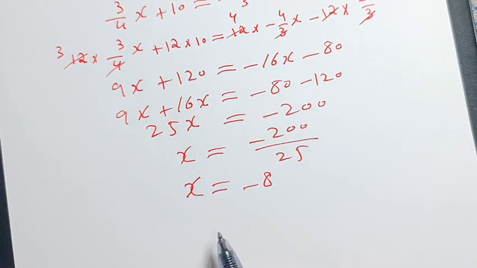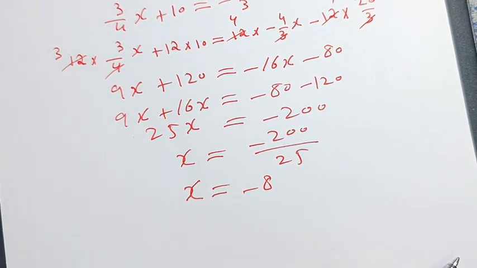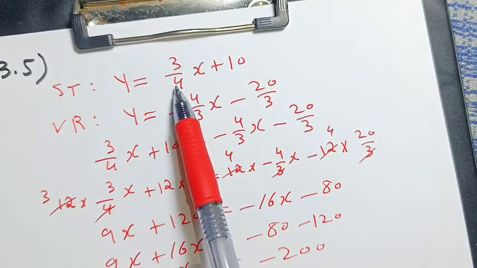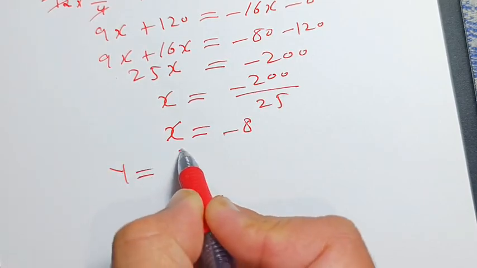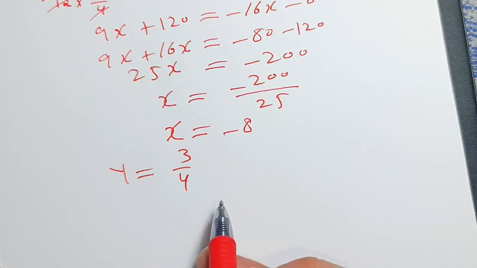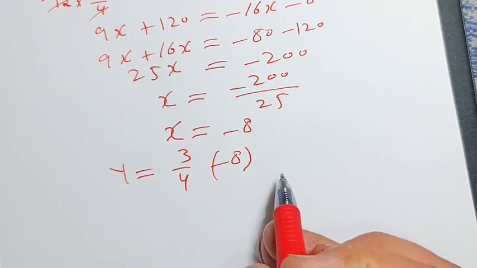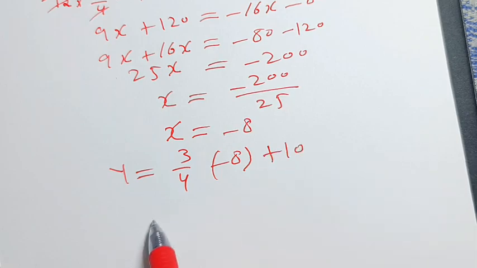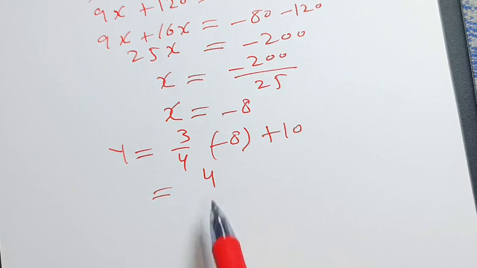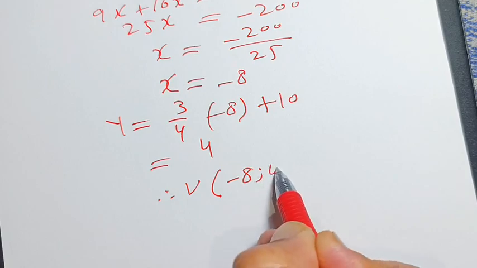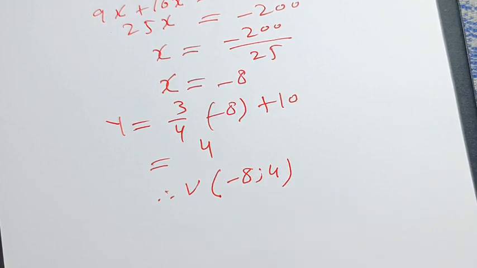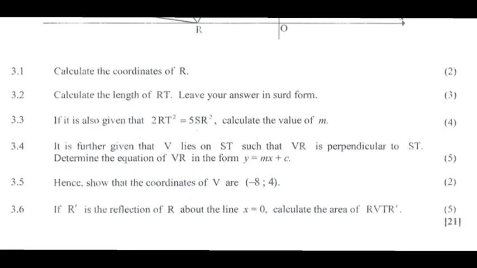Now we substitute negative 8 into one of these equations to determine the y value. I can substitute here. So y is equal to 3 over 4, in place of x a negative 8, plus 10. I use my calculator to simplify. The answer is 4. Therefore v coordinates are negative 8 and 4. X value negative 8, y value 4. There we proved. 3.6. If r prime is the reflection of r above the line x equal to 0, calculate